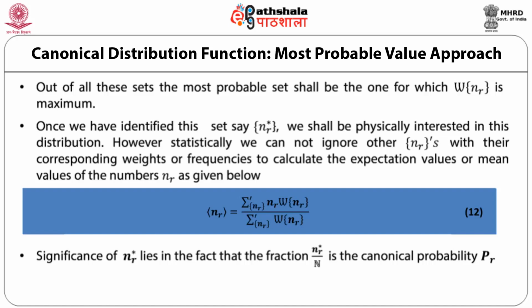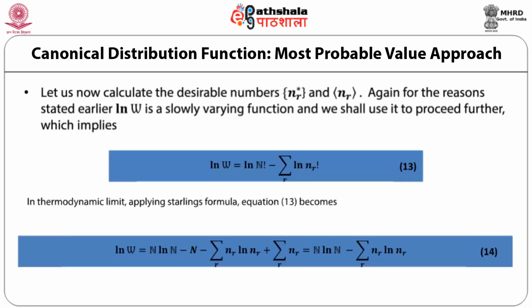Significance of N star R lies in the fact that the fraction N star R divided by capital N is the canonical probability PR. Let us now calculate the desirable numbers over a set of NR star and the mean value NR. Again, for the reasons stated earlier, log of W is a slowly varying function and we shall use